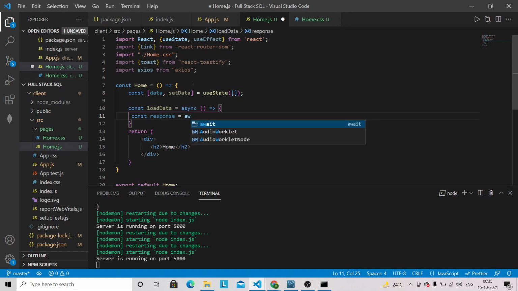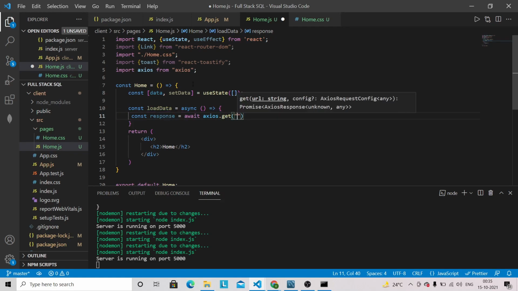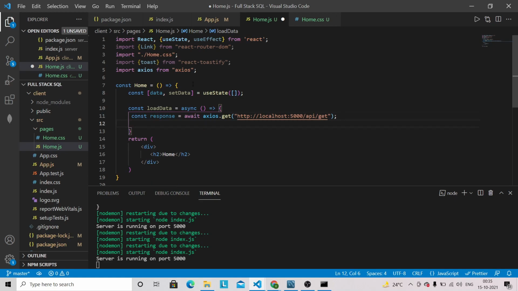await axios.get, and http://localhost:5000/api/get. So this is the API that we have in our backend, and let's just set the data.